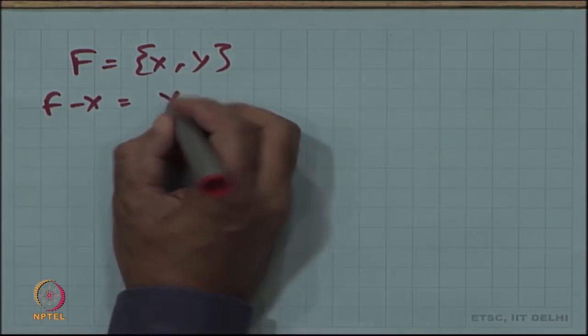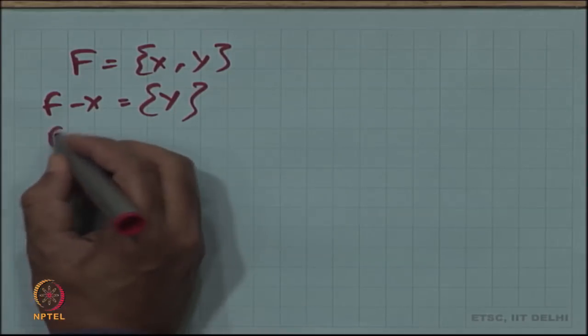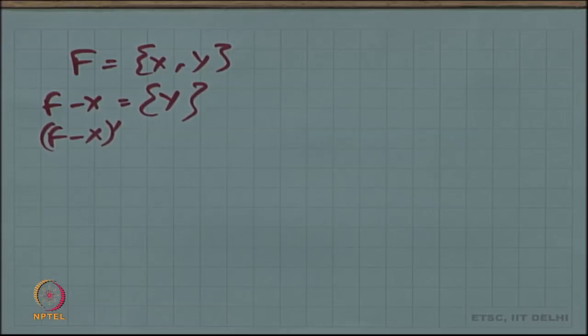Just y. You remove that element, what remains, that is f minus x. What is the prime of f minus x? Prime is defined in terms of the universal set. All the minterms that are not there in y,